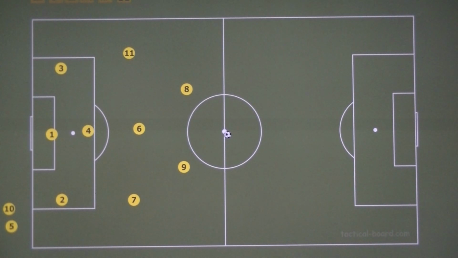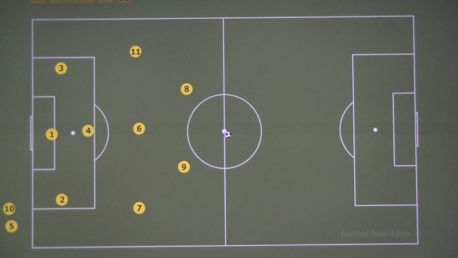The 11 and 7 are going to come back and stay wide, but I don't want them all the way to the line yet. Ultimately, we want them to get to the line. They will make runs out wide, but I don't want them to start there so that the defense can't mark them already. So then we have the 6 in the middle,